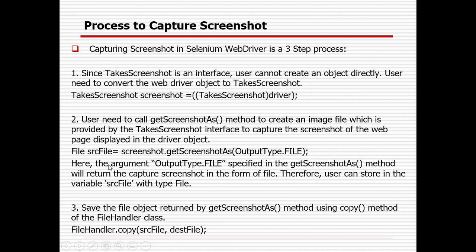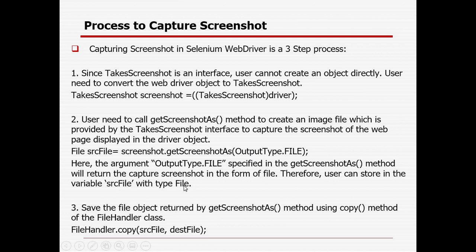Here the argument OutputType.FILE specifies that the getScreenshotAs method will return the captured screenshot in the form of a file, because I want to get it as a file. It could be some document or some other kind of thing. Therefore, the user can store it in the variable srcFile with the File type.